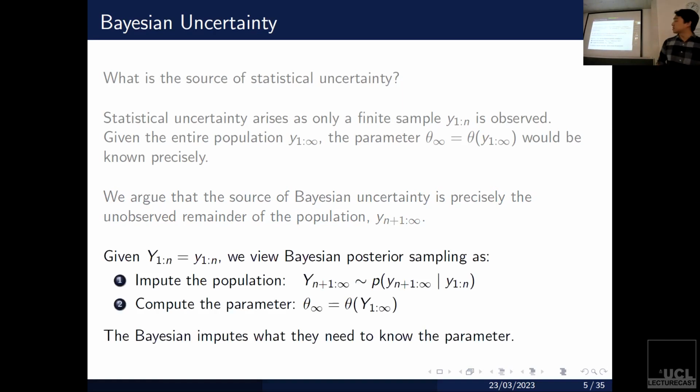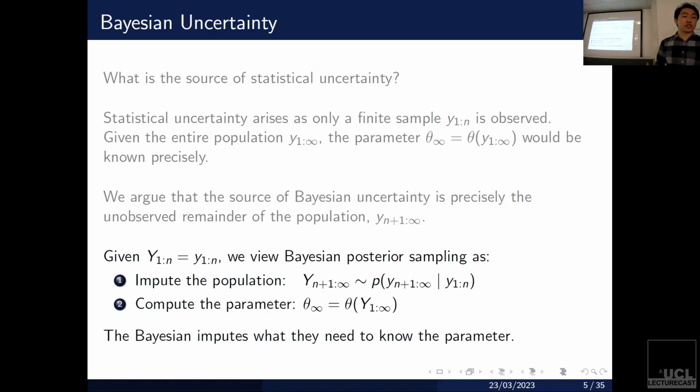So, kind of a taster, this computational scheme is very much akin to a bootstrap. What we can imagine is, given the observations y1 to n, we're going to carry out this kind of predictive bootstrap scheme. And it's going to be equivalent to Bayesian posterior sampling, as I'll show you shortly. So the idea here is we're going to impute this remainder of the population, yn+1 to infinity. Seems like a bit of a heavy task at the moment, but I'll go through a practical implementation of this later on. And the important thing to note here is we're going to be drawing from this joint density P of yn+1 to infinity. This joint density is going to be assuming correlations because it's going to be a subjective predictive distribution.